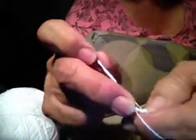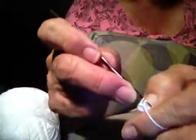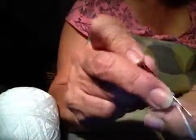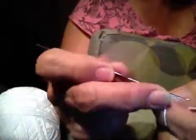You're going to continue doing that through the circle, making your double crochets. You have 3, wrap your needle, go underneath your little circle, grab your thread again, bring it through, grab your thread again and bring it through 2 of the loops, and again through 2 more loops, and you're forming your little double crochet circle. You fill in the circle by continuing to do that, doing your double crochet, filling the whole circle,